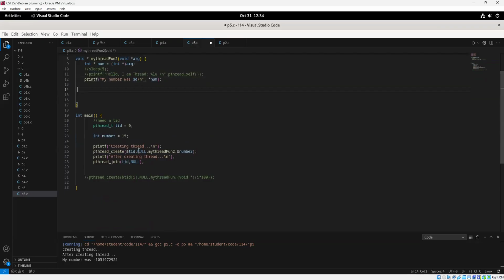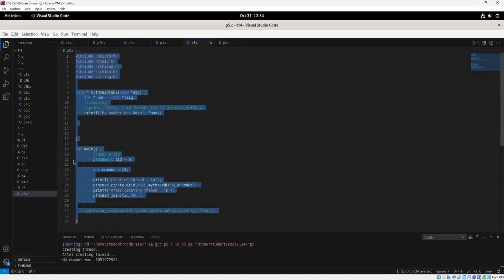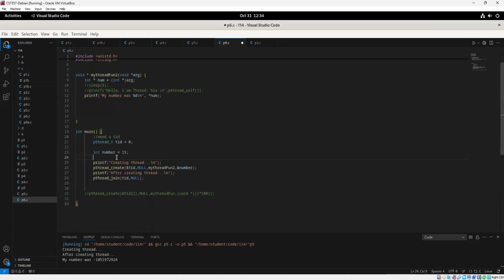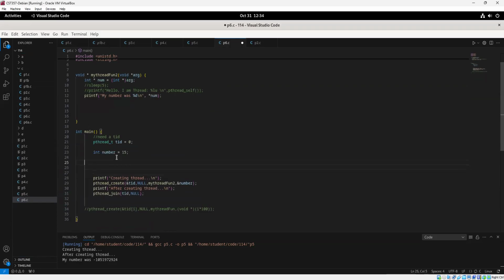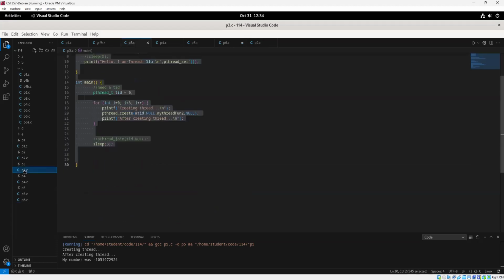Okay. So we're going to go ahead and copy it, and then we're going to go ahead and create a new file, e6.c. And we're going to copy that. All right. Just like we did earlier, what we want to do is for int i equals 0, i less than 10, or i less than 5. We're going to create 5 threads. 5, boom. And just like our P3,